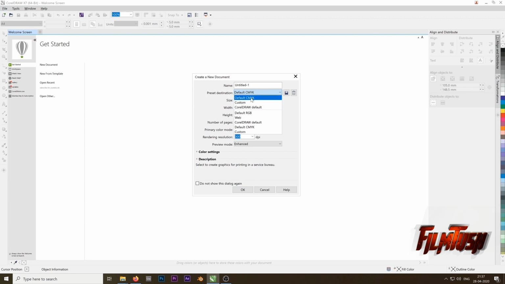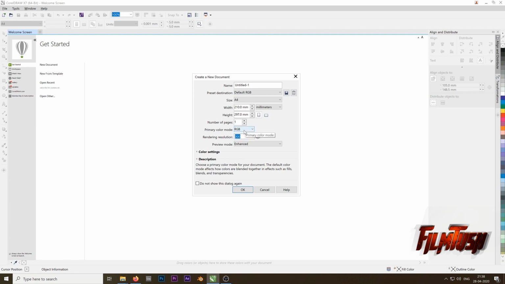So let me just explain a little bit about CMYK and RGB. When to choose CMYK or when to choose RGB, default is RGB. CMYK means when you are working for printing purposes, like you will send the file for print, then you choose CMYK. And if you want to work for a website, or you want to view it digitally, then you can choose RGB. Also you can choose it from here, RGB or CMYK.